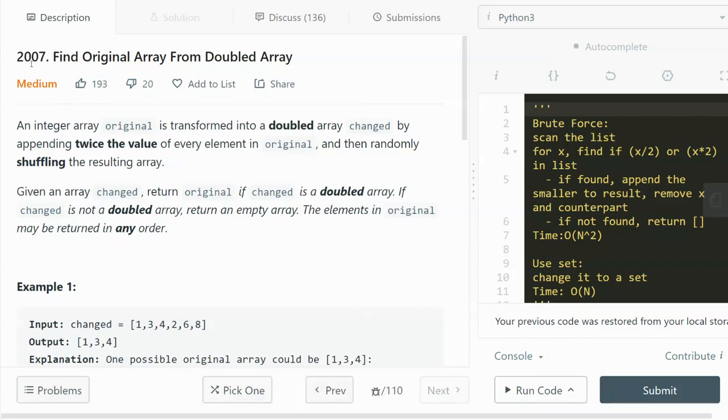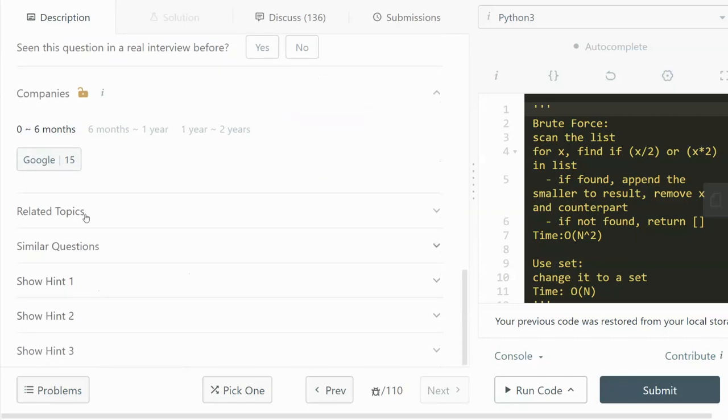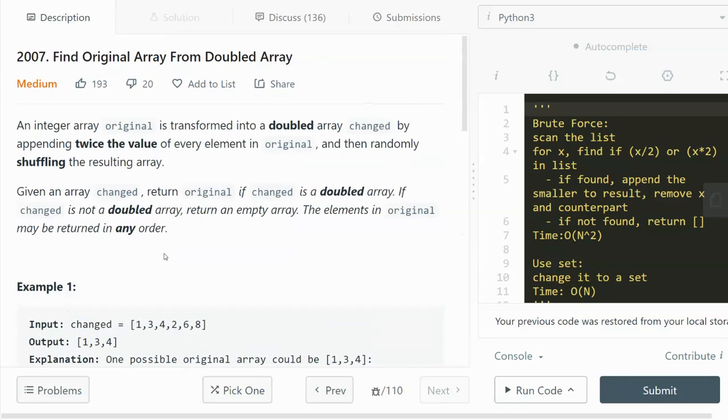In this video, I'm going to go through this Leetcode 2007 Find Original Array From Doubled Array. This question was asked by Google in the past 6 months 15 times. Let's dive in. An integer array, original, is transformed into a doubled array, changed, by appending twice the value of